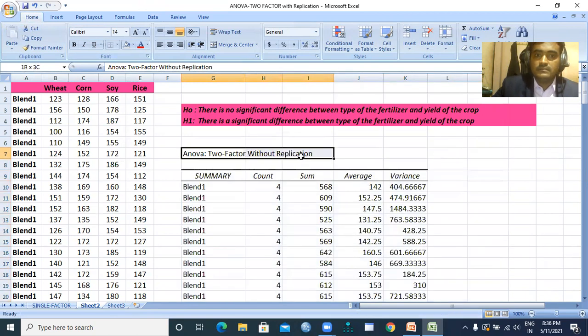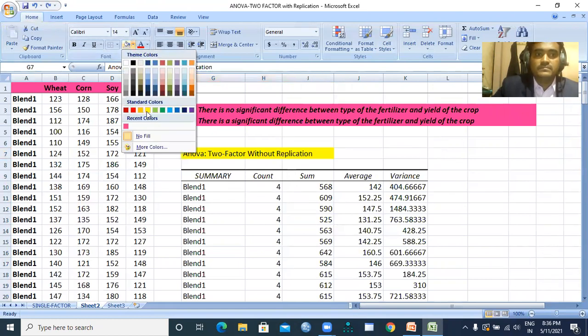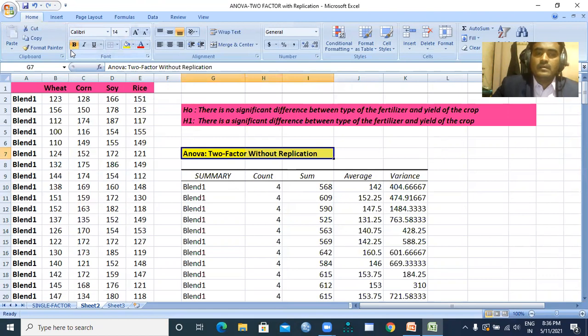You can see here analysis of variance two-factor without replications. If you can see, there were 150 observations in the analysis, and the analysis is happening through the dependent variable, which is continuous in nature, with k levels.